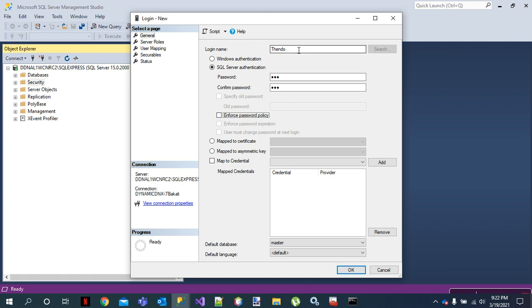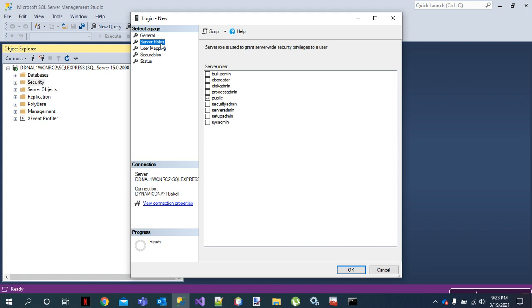So now I've put my username here, and then I've put the password, making sure that it's the same password here, and I've turned off the policy. But if you're adding a particular user, you will obviously have to set the password such that it meets the password criteria, where you have an uppercase, lowercase, a number, and a special character with a minimum of 8 characters. So that's basically what you'll be going through.